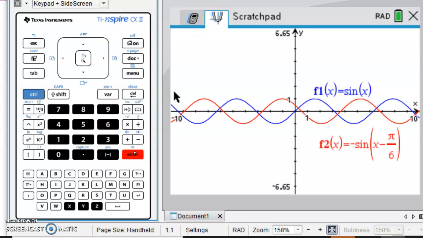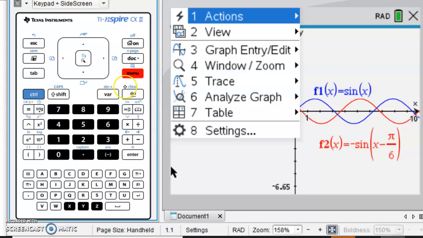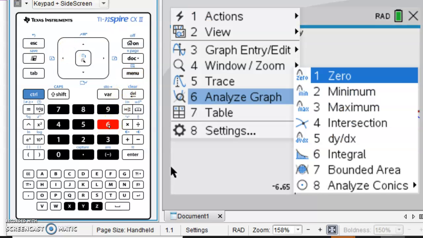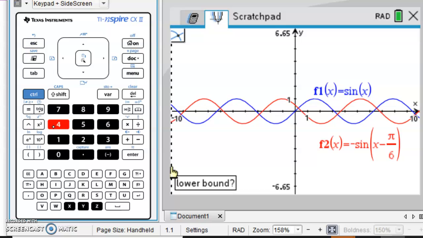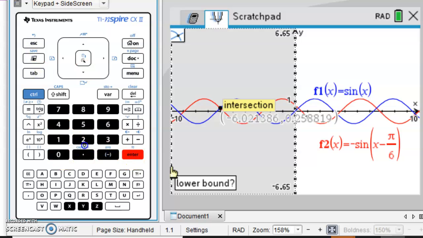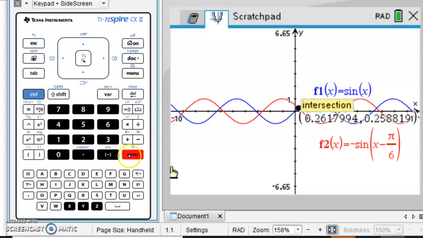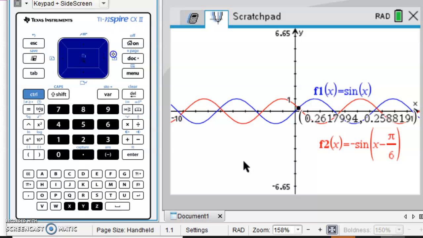And we can see the region that we're interested in is this region over here, right? So a couple things we're going to need. We're going to need to know those points of intersection. So when in doubt, hit menu and see what sort of options we have. We're going to analyze the graph. We're going to find the intersection points. And our lower bound might be 0. Our upper bound might be 1. And we find a point of intersection. That's this point right here,